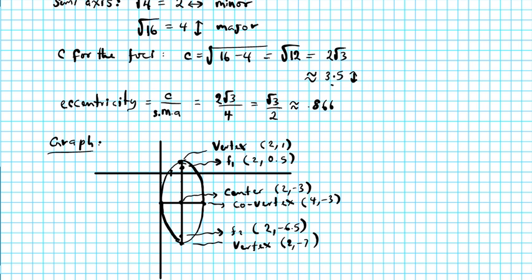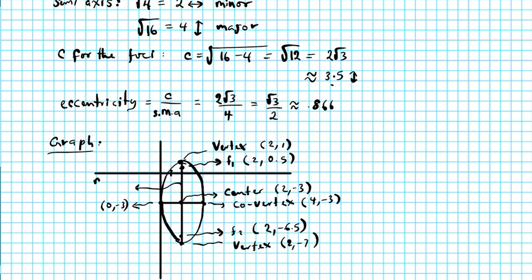And this is the other co-vertex right there. Since we're going 2 units to the left from 2, we're subtracting 2 from the x coordinate. Or you can just count, and this is basically 0, -3. Alright? Now this axis right here, that is the